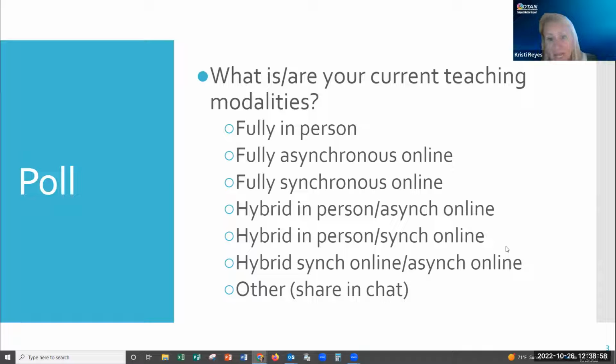2 of you are doing hybrid, in-person and asynchronous. That's what I'm doing too. So, you know, I've done that, as well as hybrid, in-person and synchronous online. We have a tie there for 17%. Hybrid, synchronous online and asynchronous online, just 1. And other shared in the chat, teaching online, in person and online individually.